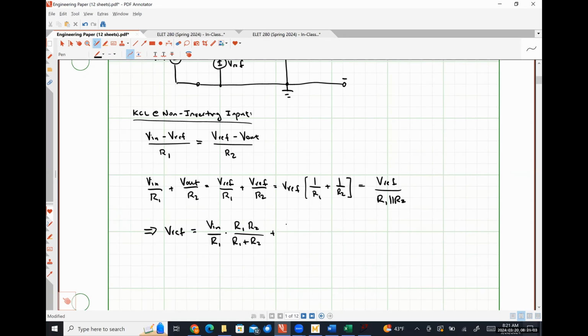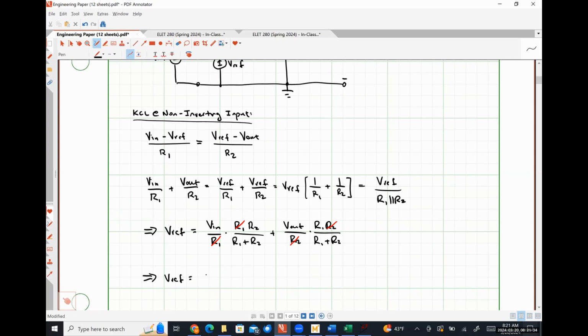And then I'm going to have V out divided by R2 multiplied by R1 times R2 over R1 plus R2. And I can see that this R1 cancels this R1, and this R2 cancels this R2, leaving me with